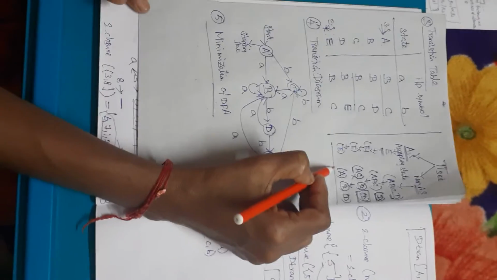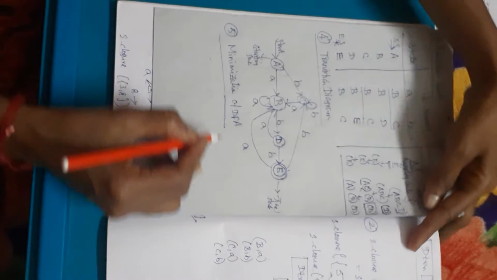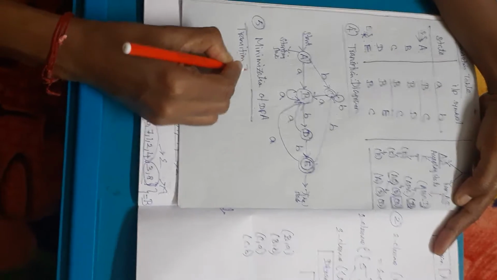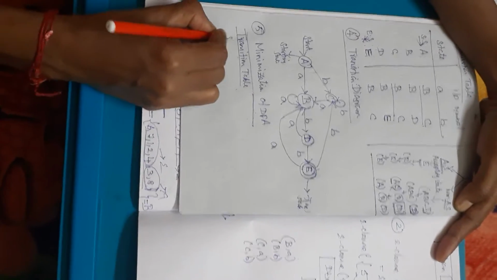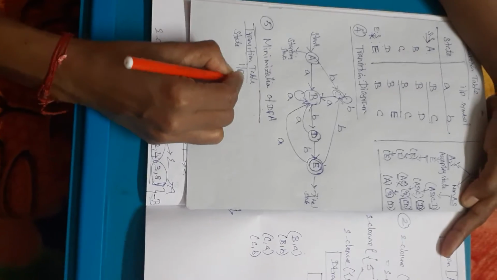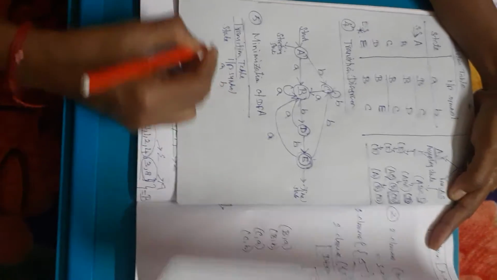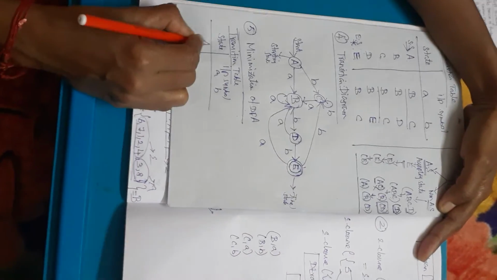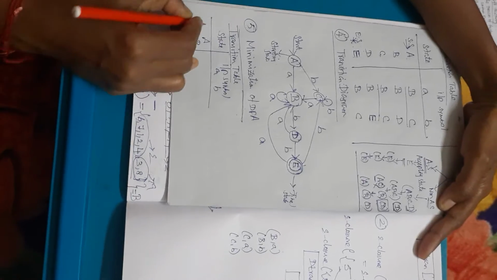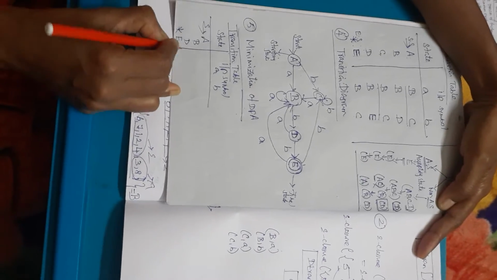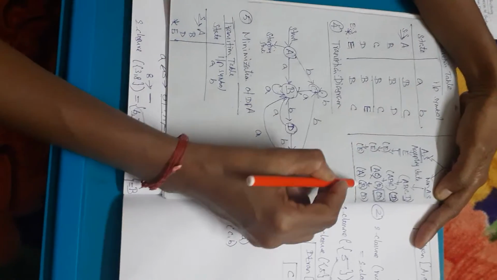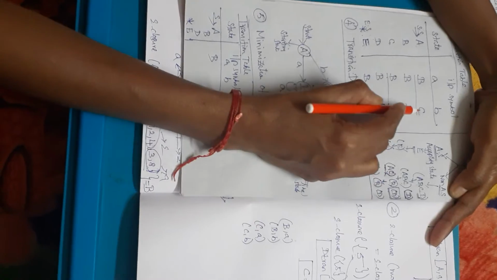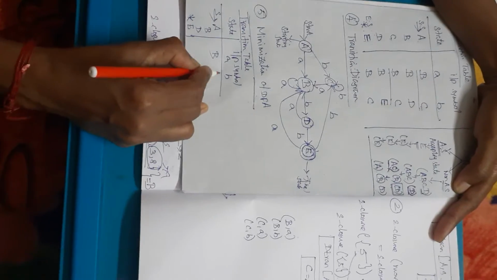So based on the minimization of DFA, now I can do the minimization of the DFA transition table. Transition table. Check here: states, input symbol, small a, small b. So here 4 states will be there, A, B, D, E. A is the starting state, D is the ending state. Here check A, B value will be there, but C is not there, because you are removing the C state. So instead of C I can write the value A.